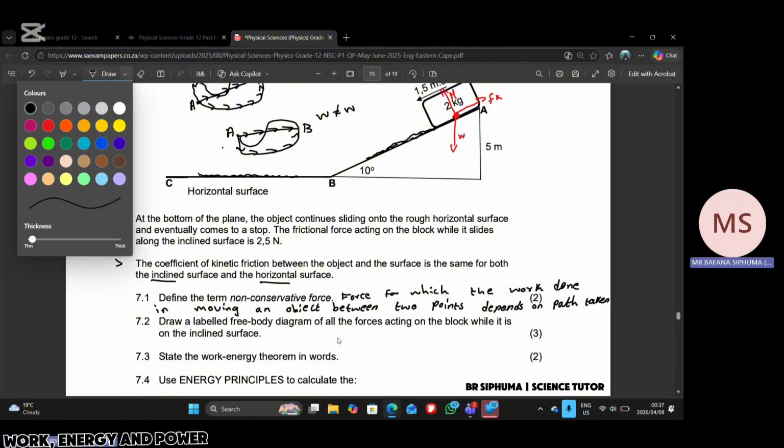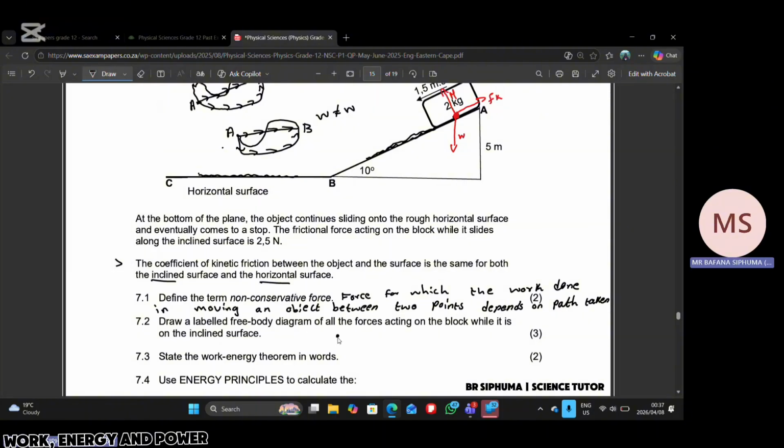So you are going to have your free body diagram being like this. And then this is your Fk, this is your weight, this is your normal force. Simple as that. There's nothing complicated, nothing hard. You just